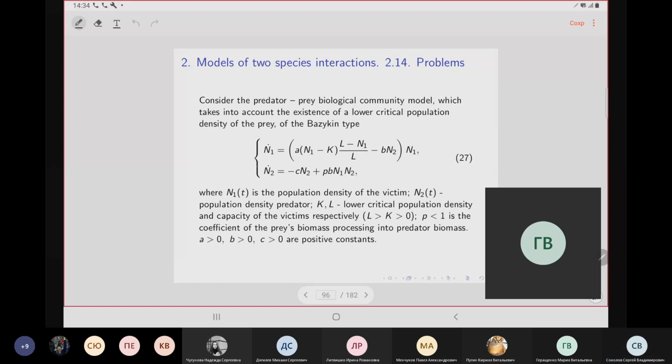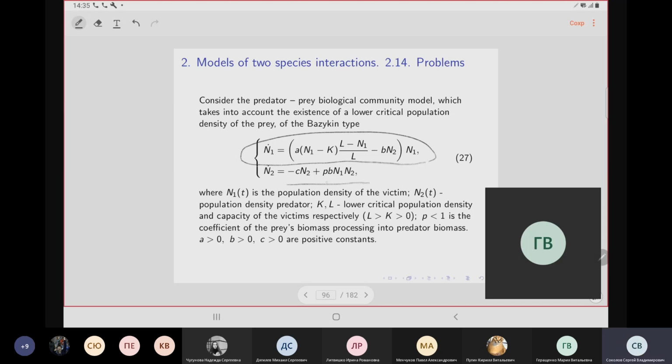Another problem for you. Try to analyze these models, consider the equilibriums and give a conclusion of the results. So a predator-prey model with a lower critical population of victims, in this case, lower critical population, and the second equation for prey,